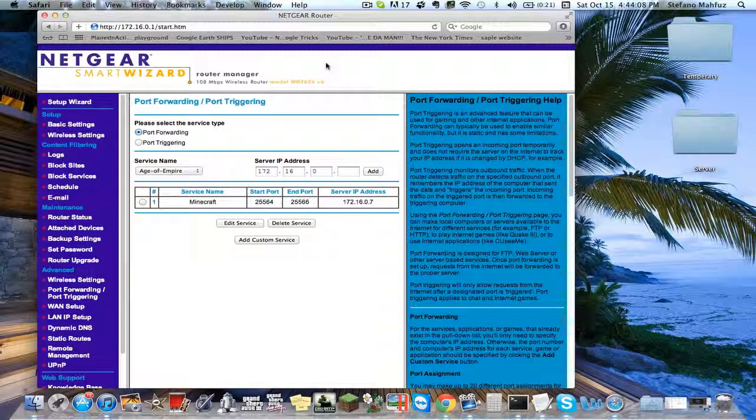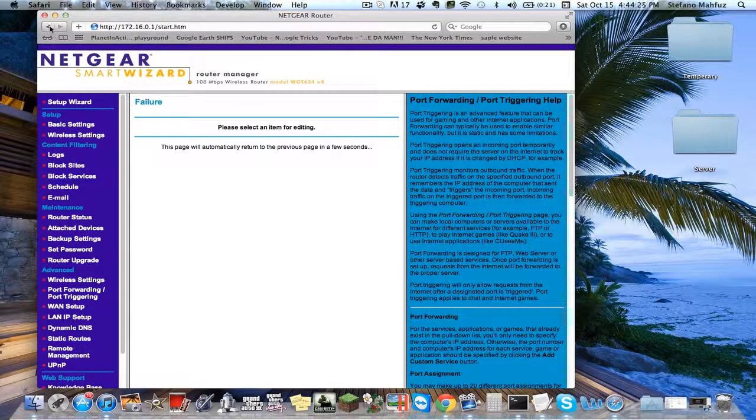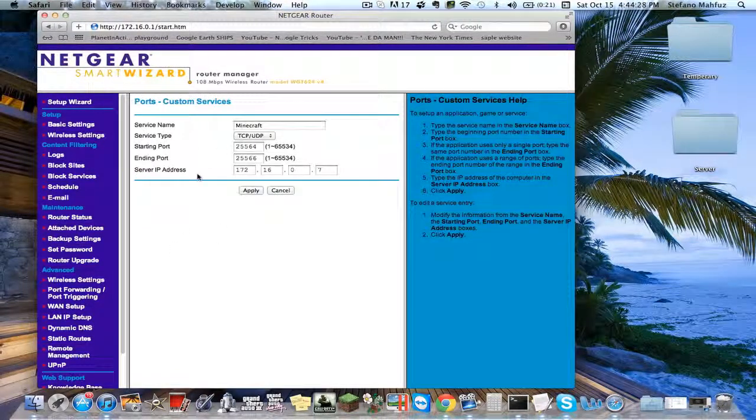Now, if you're on Linksys, you're gonna want to go into gaming/accessing, and then you're gonna click add custom service. I already added one, so I'm not gonna add it again. And this, copy down exactly what you see in your add service. You're gonna type in Minecraft, TCP/UDP. Type in the starting port that, and starting port this, ending port this, starting port that, and this is